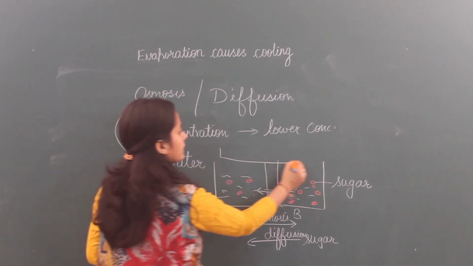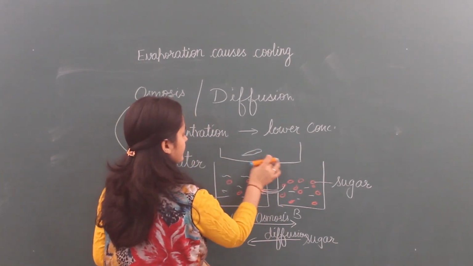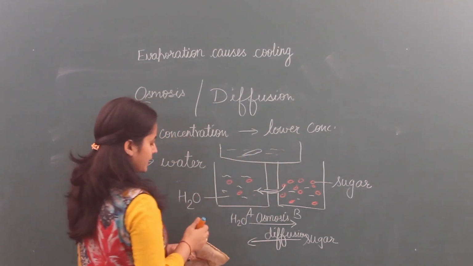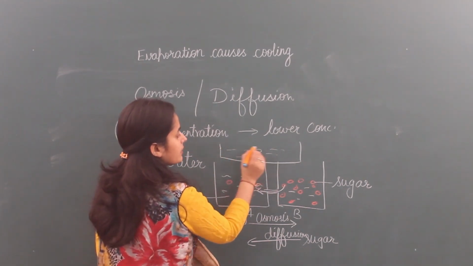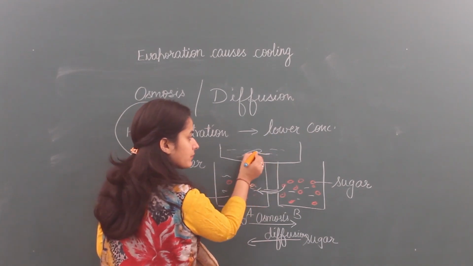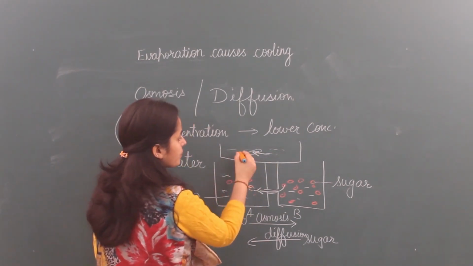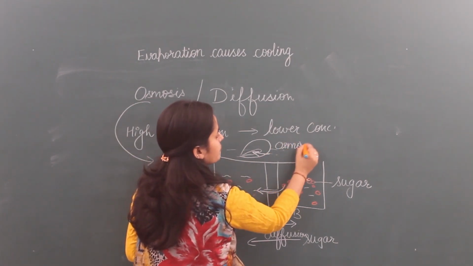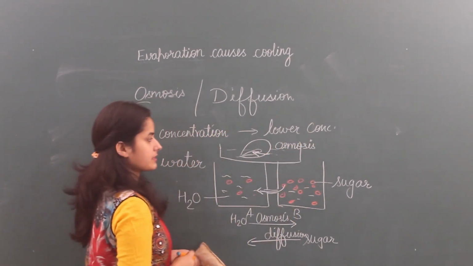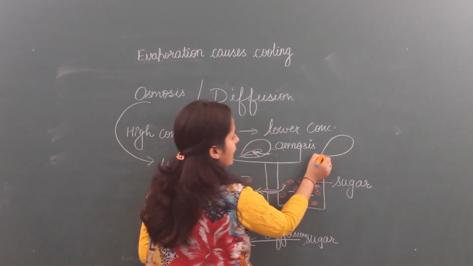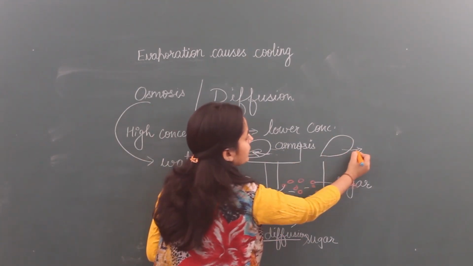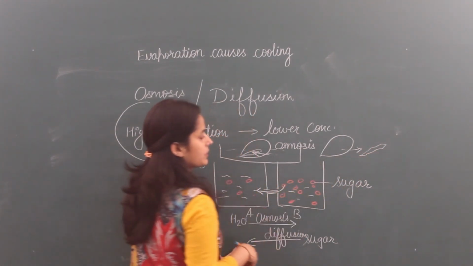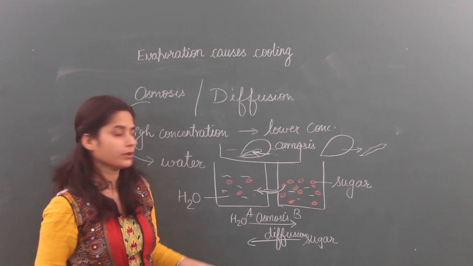When you take dry raisins, known as kishmish, dry grapes, and put them in water, what happens? After some time they will swell due to absorption of water by the osmosis process. And if we keep a grape outside, then it will lose water to the atmosphere and convert into a dry raisin. It is also due to osmosis.